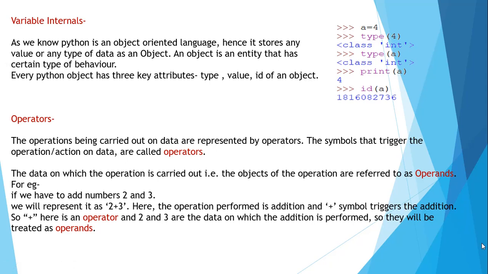Okay, so whenever you perform any operation, three things are there. First thing is the operation itself, that is addition, subtraction, multiplication, division, any type of operation. Second thing is the symbol, and the symbol is the operator itself. If you are going to add, then you have the plus symbol. If you are going to subtract, then you have a minus symbol. If you are going to multiply, then you will have a multiplication symbol. Okay, so those are the operators. And the data on which this operation is occurring will be considered as the operands. Okay, so I think it is clear to you. Let's move forward in a more detailed way.